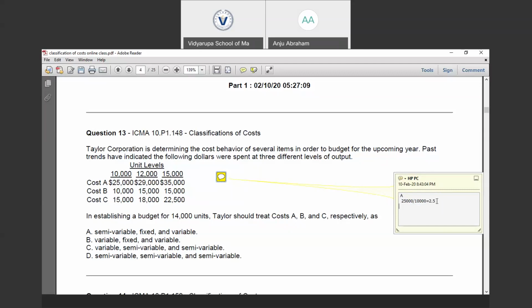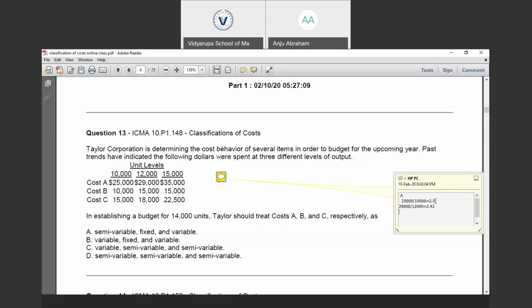Let's check next. $29,000 divided by 12,000 equals 2.42.